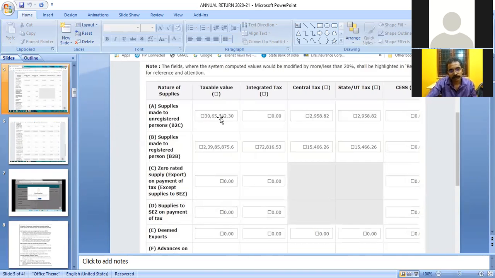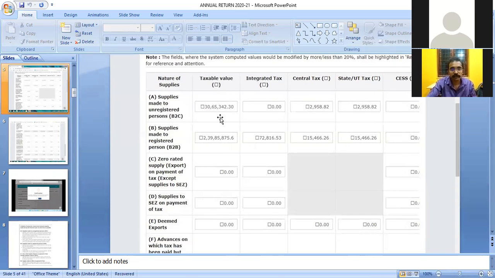So the ideal solution is that the data in GSTR1 is to be matched with data in GSTR3B.